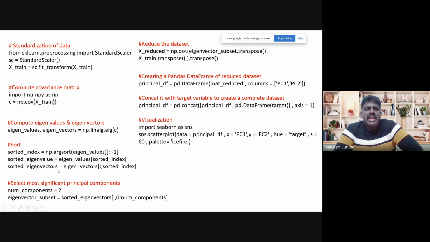And then we sort it in descending order. That's why we give colon colon minus one for descending order. We sort it, and then we find the eigenvalues and eigenvectors, in descending order, for each and every value. After finding it, as I told you, for principal component analysis we take the first two highest values. That's why we give the